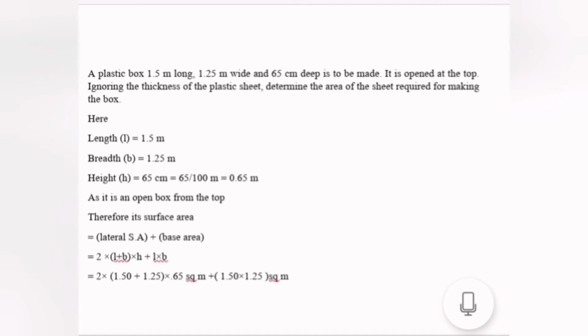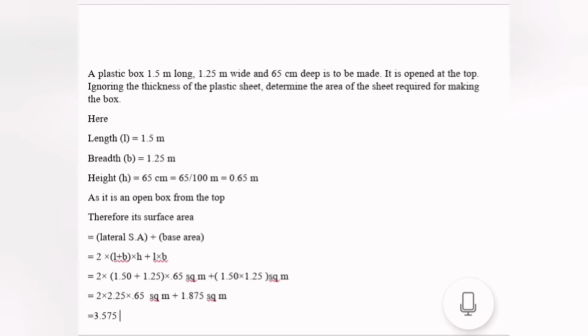So we are getting 2 into 2.75 into 0.65 square meter plus 1.875 square meter,